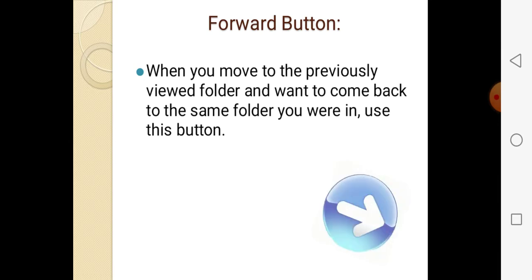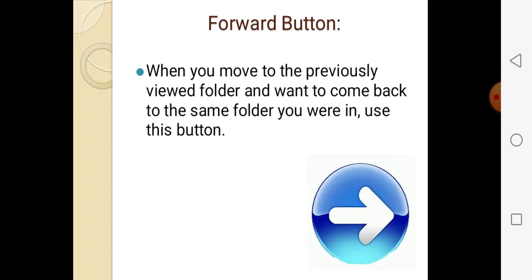See here I put a picture. This is the forward button and that one is the back button. Back means one step back and forward means one step ahead. When you go back and want to come to the same position, you have to use this forward button.